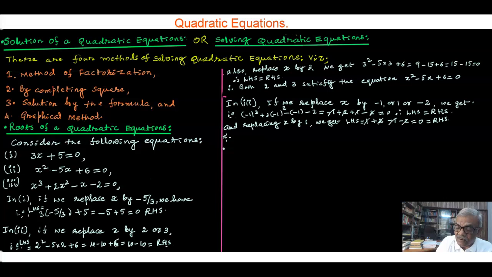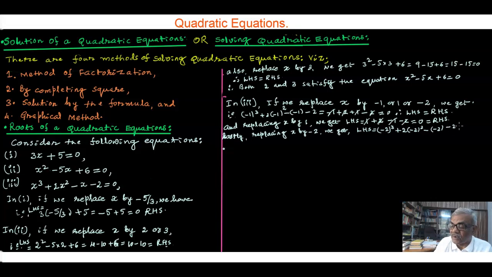And also lastly, replacing x by minus 2, we get LHS equal to minus 2 raised to 3 minus 2 raised to 3 plus 2 into minus 2 raised to 2 minus of minus 2